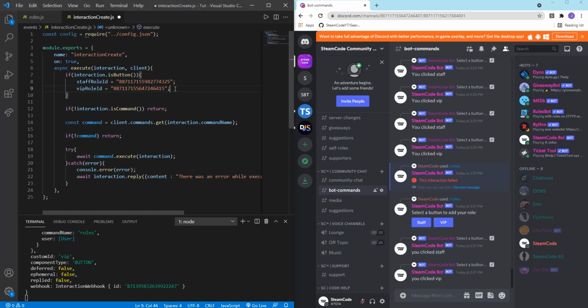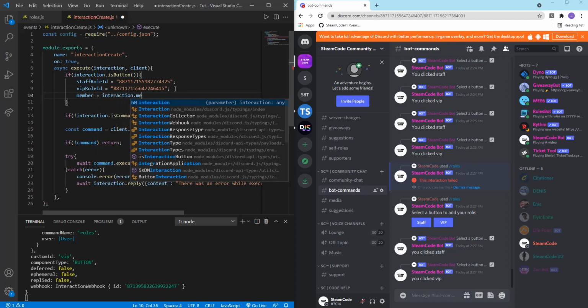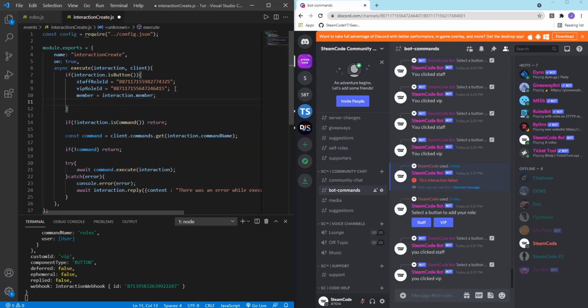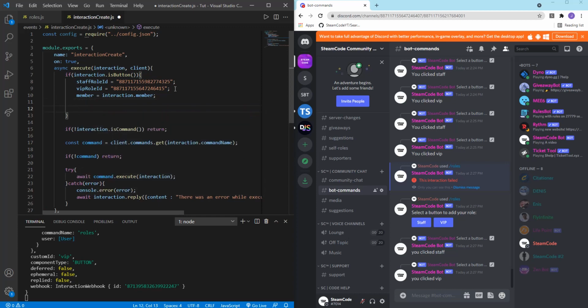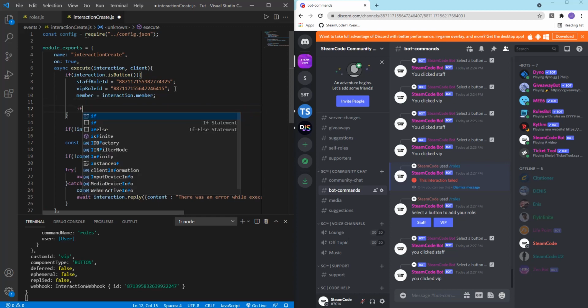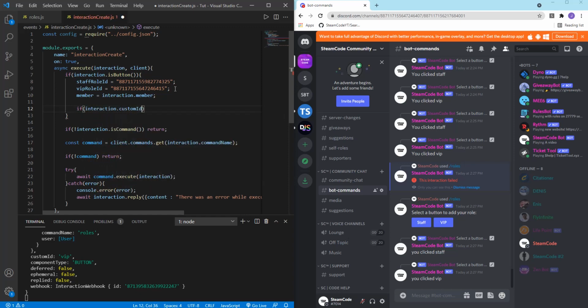we have the roles. Now let's get the member that sent the message. So member is equal to interaction.member. And then let's actually reply. Well, first we need an if statement to determine which role has been clicked. So if interaction.customId is equal to staff,